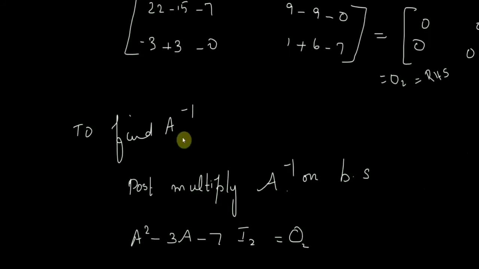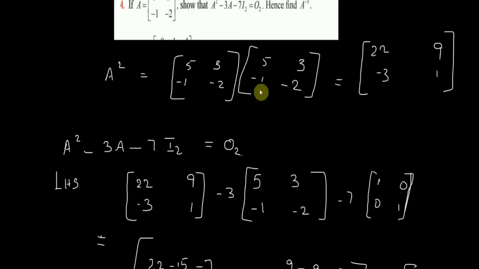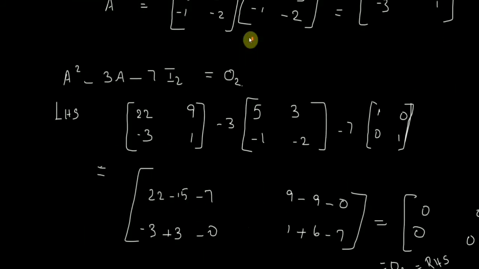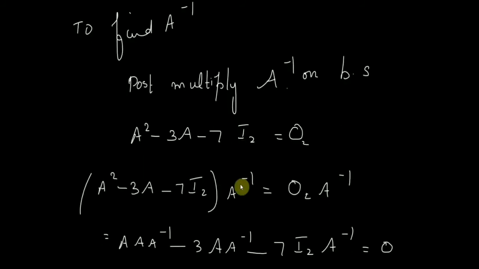Now come to the A inverse. We have to find now A inverse. So how do you find A inverse? Using this. So we have to bring A inverse to this term. This is what we have proved now. So this A inverse, we have to bring it here. So how do you bring this A inverse? We multiply. So we are post multiplying by A inverse. Why do you post multiply? Only then when you multiply A into A inverse will give you the identity matrix. So we are post multiplying both the sides by A inverse.